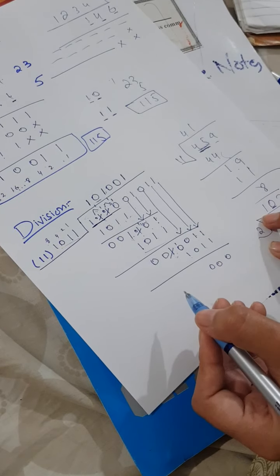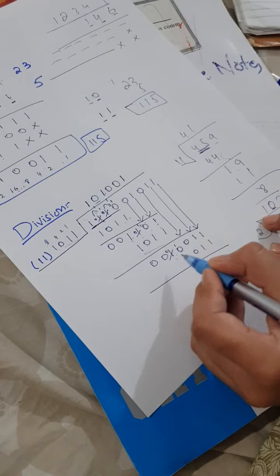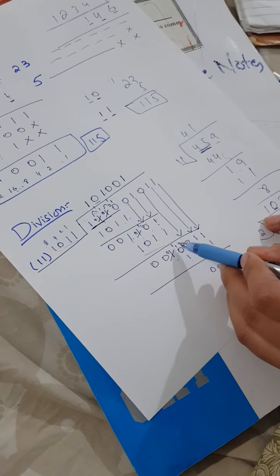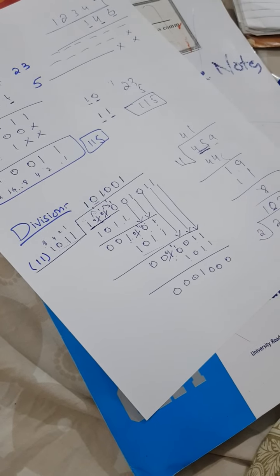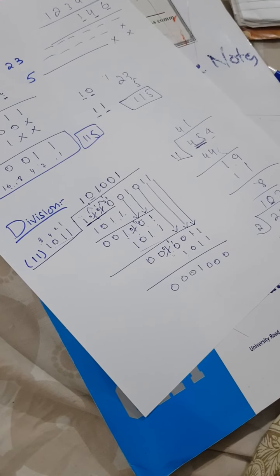0 minus 1 is not possible, so we need a borrow. ये 0 हो जाएगा, ये 1 1 हो जाएगा. 2 minus 1 is 1 0 0 0. Now if you want to see if your binary division is correct or not,